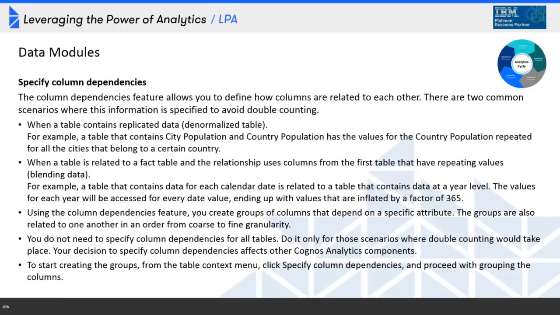Let's take the example of a sales target stored by month and sales actuals stored by day. If I simply model so that I join those to my time dimension, the targets to the month characteristic, my actuals to the day characteristic, when I run a report, I will get the wrong information for my sales targets